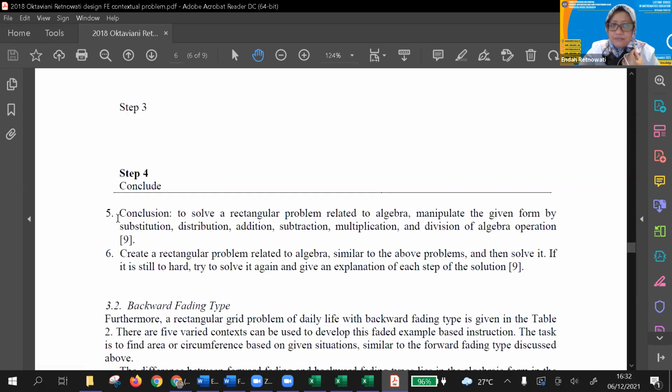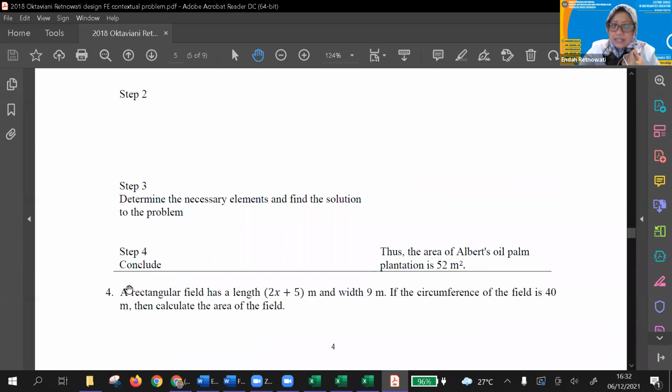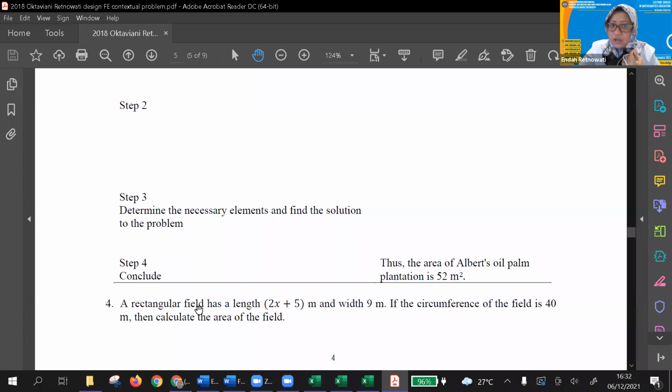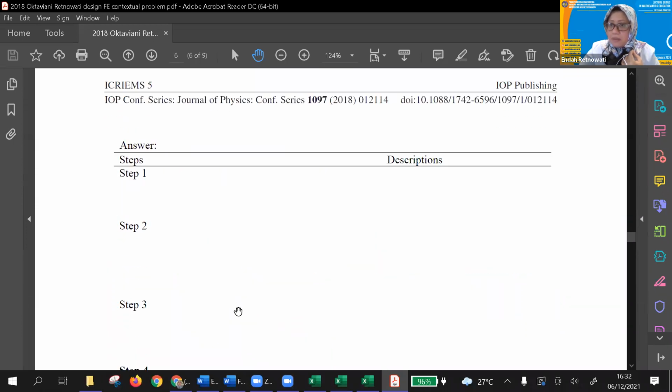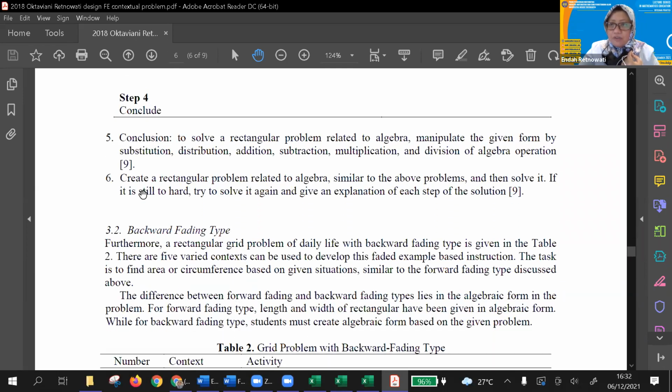And the fifth question is like an open question. So here they get this context: a rectangular field has a length, and so on. But from my study, we propose that when students learn from faded examples, we shouldn't just leave them with a set of faded examples, but we also ask them to answer such questions to wrap up what the problem solution should be. Like this conclusion, to solve a rectangular